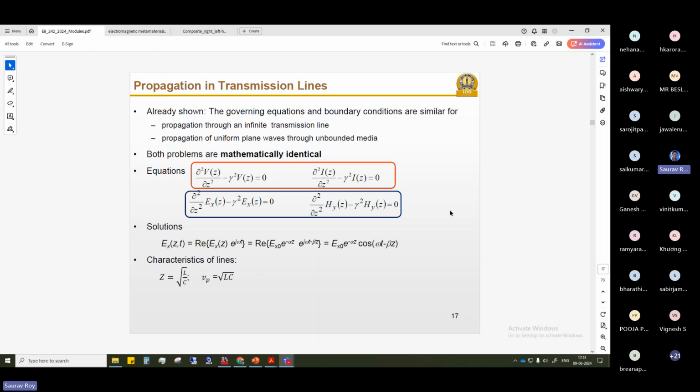There are two types of velocities. One is group velocity and another is